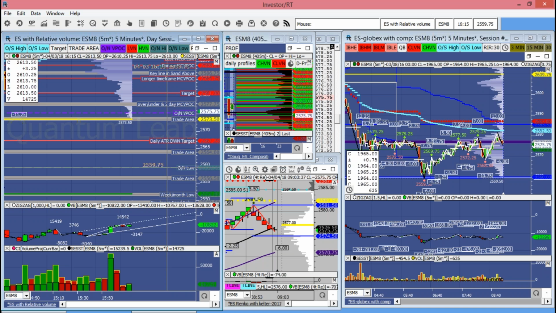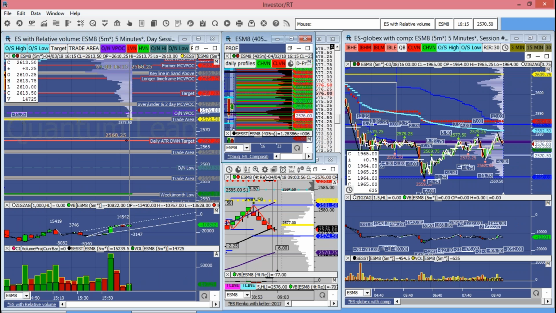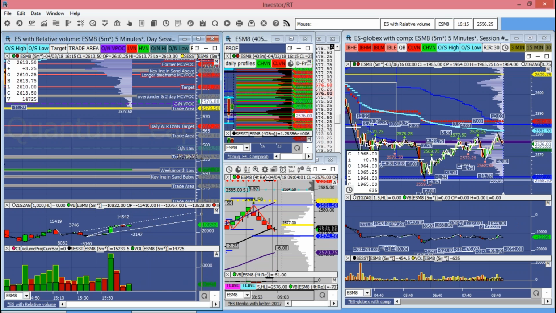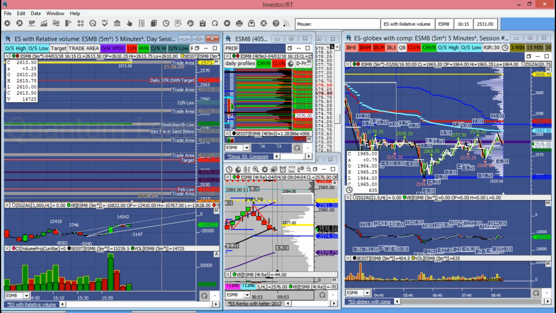So there's a possibility that we get stuck down here in this wick from Monday and the wick from yesterday and just chop in this area today. But with the volume, if I see us break down and hold below the 67.25 and we do not hold the key line in the sand, this could get very ugly, and it can get down into the 35.32 area.